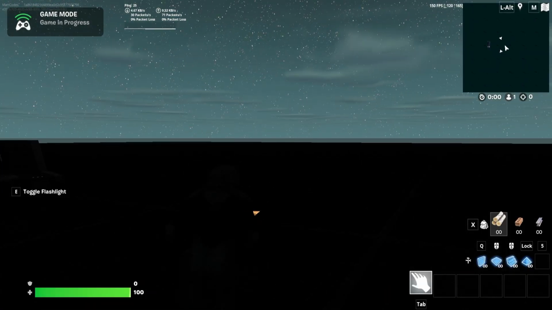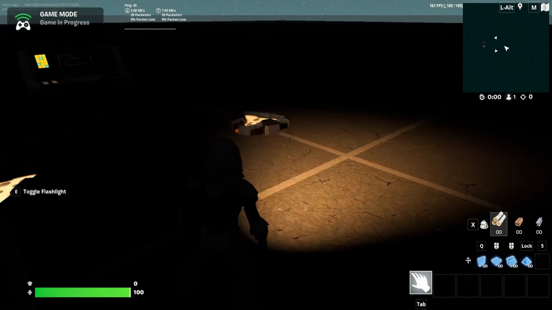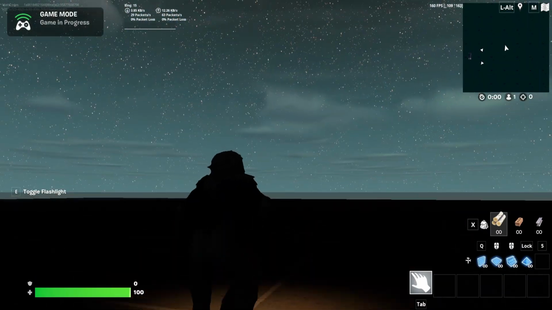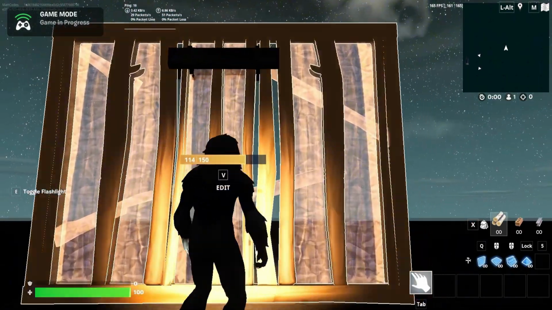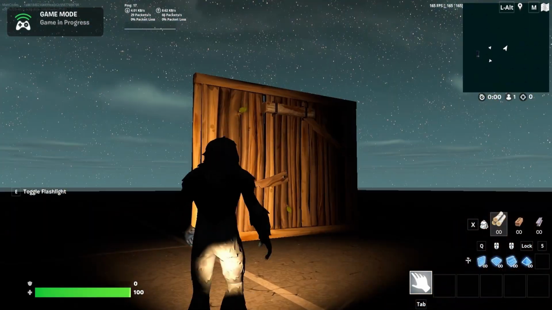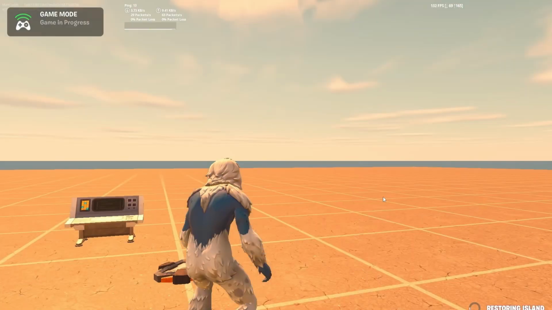All right, so now in game you can see it's super dark, and if I start the game, you'll see we have our input trigger, and if I press E to toggle flashlight, we have a flashlight that's going to face in the direction of the player. If I go ahead and place down a wall, you can see it technically is a little lower. It does work fine, but if you want to change that,